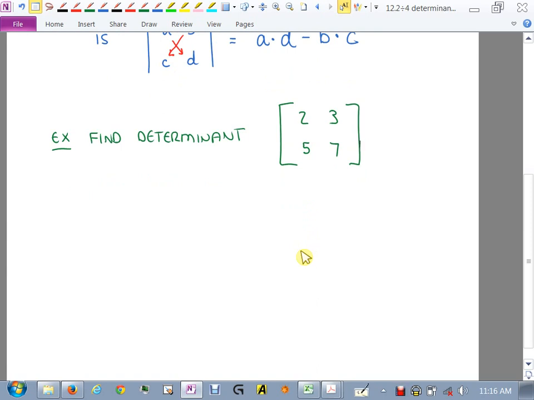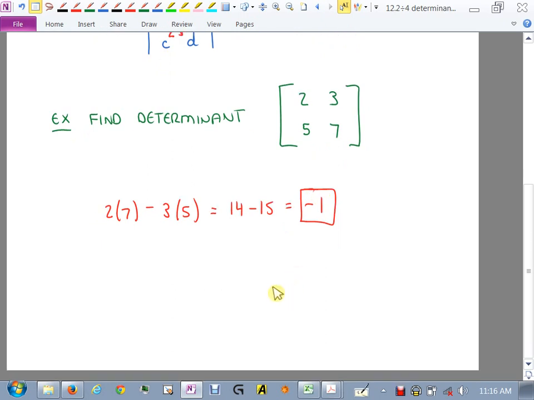So we aren't going to do it, but you should be able to tell me what the determinant of a matrix is pretty easily. So what is the determinant of this? Of a 2 by 2, yeah. What is this? 2 times 7 minus 3 times 5, which is 14 minus 15, which is -1. That's it. So not much to that, right? You'd probably be okay if I gave you a final with like 30 of those.